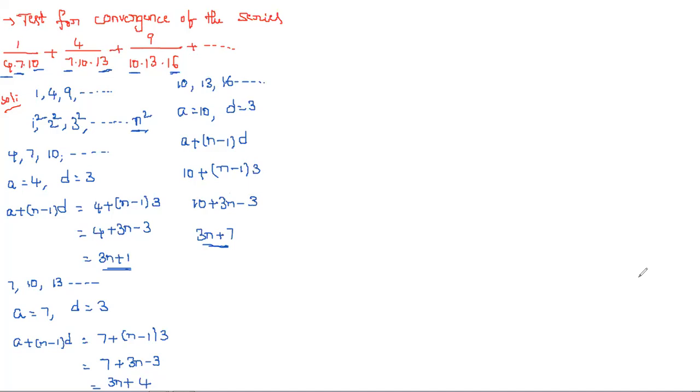Now we have to take un. Let un be equal to, in the numerator, what we got: 1, 4, 9, and so on, which is n square, by 4, 7, 10, which is first 3n plus 1, next 3n plus 4, and next 3n plus 7. So this is the nth term. In a problem, if they directly mention this, no problem. No need to find all these things; simply take what they mention. Is it clear? So un is equal to n square by this.